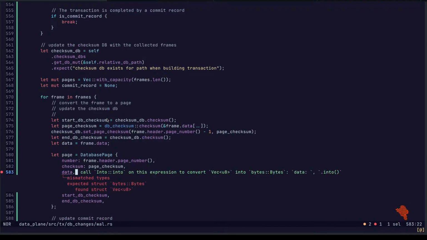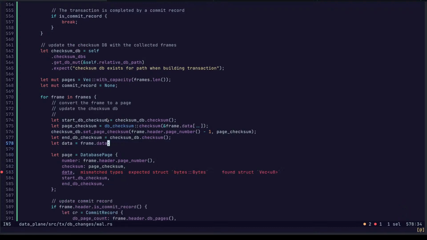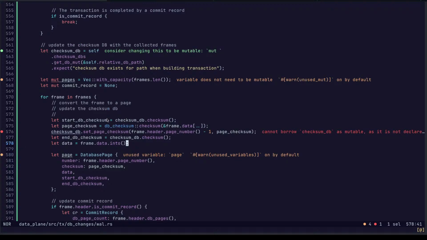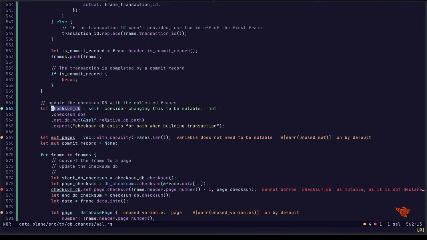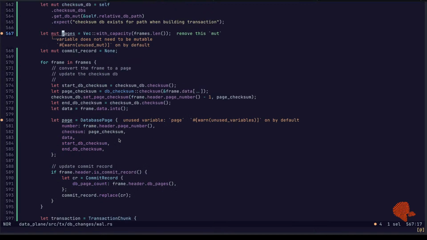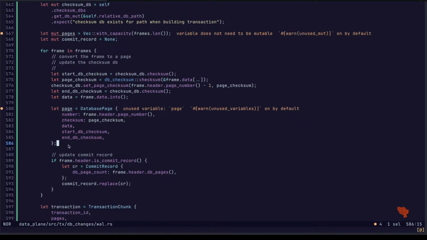Expected bytes found. Oh, cannot borrow it as mutable. Pages does not yet need to be mutable.